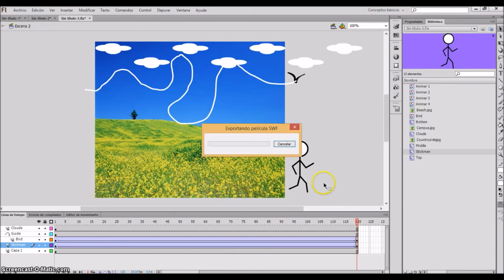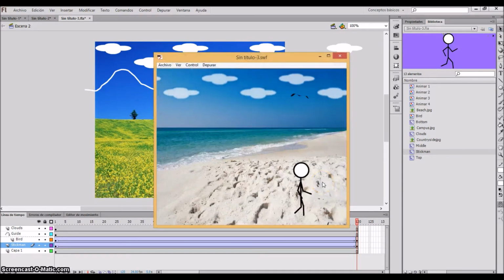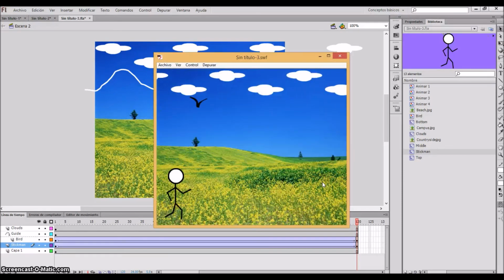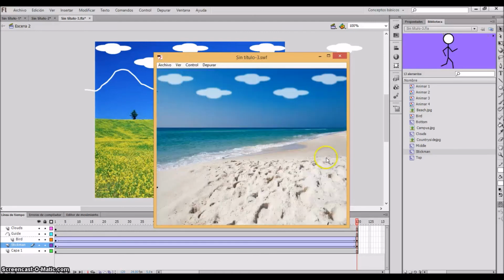And now if I execute my document, you can see the first stage, and now the second stage, the bird is going to follow the path that I traced. Okay,